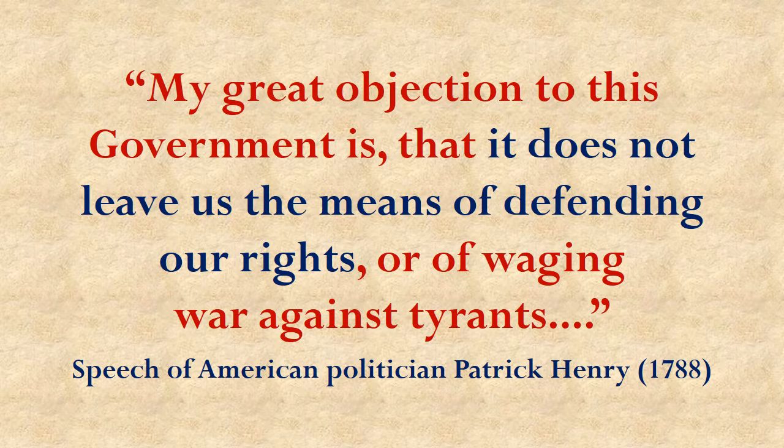To figure that out, we need to go back to the events that led to the inclusion of the Bill of Rights. Remember, the Constitution had been sent out to be ratified by the states. And there were some people who opposed it. For example, Patrick Henry. We mentioned him earlier in the course. He was one of the great patriots of the time of the American Revolution. And he said, hey, my big objection to this government that's being created under the Constitution is it doesn't leave us any way of defending our rights. We can't stand up to the government and stop it from treating us tyrannically if we actually allow this new government to be created under the Constitution.